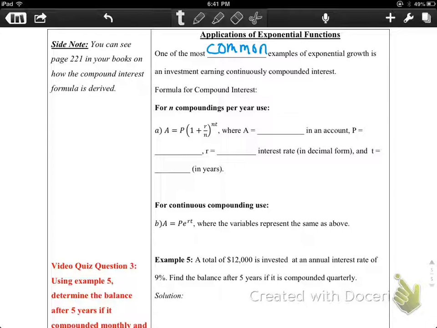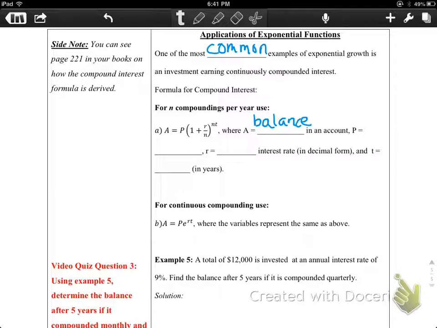If you have a certain number of compoundings per year, so if it's quarterly or bi-weekly, weekly, monthly, this is per year. That's what n represents. And so you're going to use the formula A equals P times the quantity 1 plus r over n, to the nt, where A represents your balance